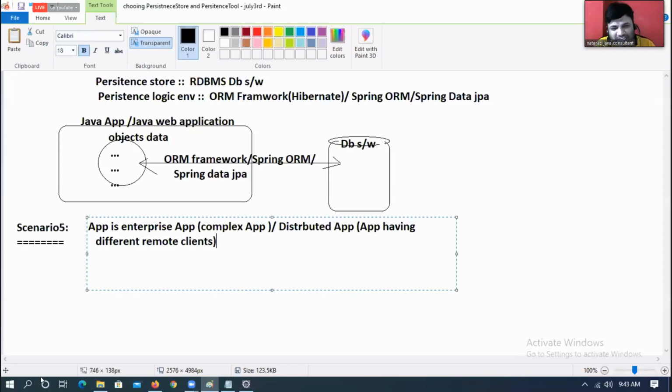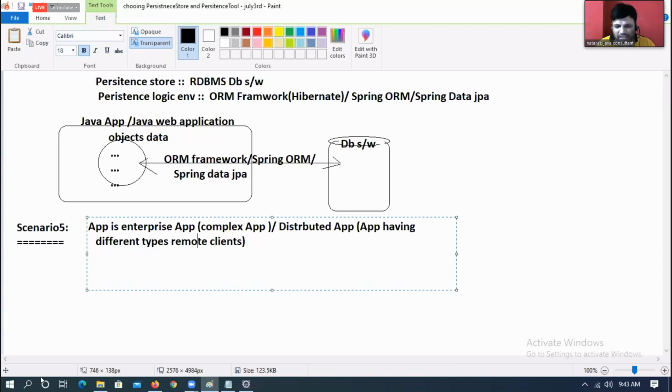Any application that has complexity is called an enterprise application. An enterprise application can be a web application, a distributed application, or a combination of both. I will talk more about distributed and layered applications in tomorrow's class. But one thing is clear: it is an application that takes requests from different types of remote clients.